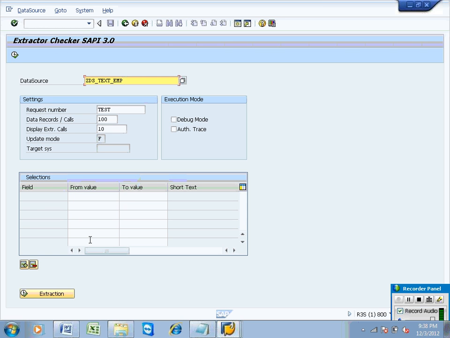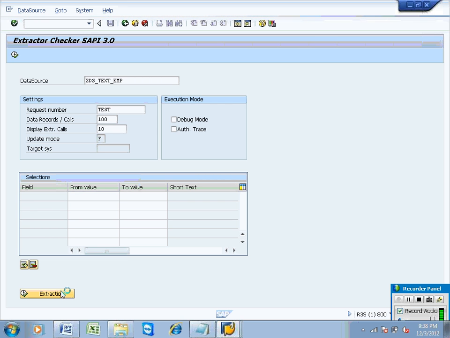Whenever you run the data source and click on extraction, this extract structure will be triggered, and it will showcase the information you are extracting because of the extractor and data source. How many records do we have? 3 records. So the extractor should pick up 3 records from the database table, and those 3 records should show here.